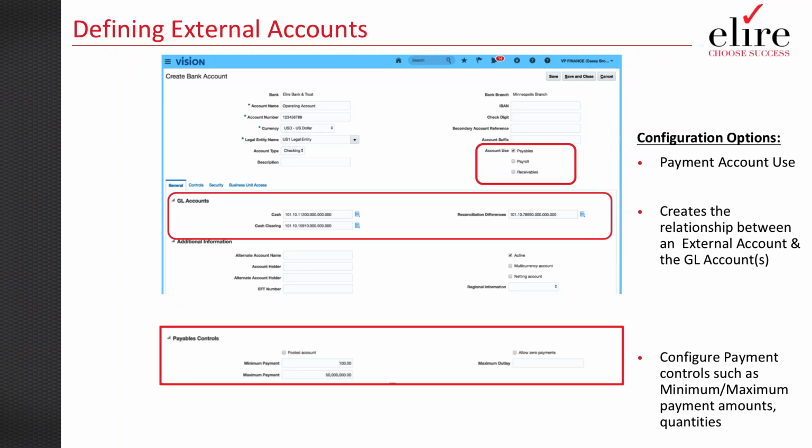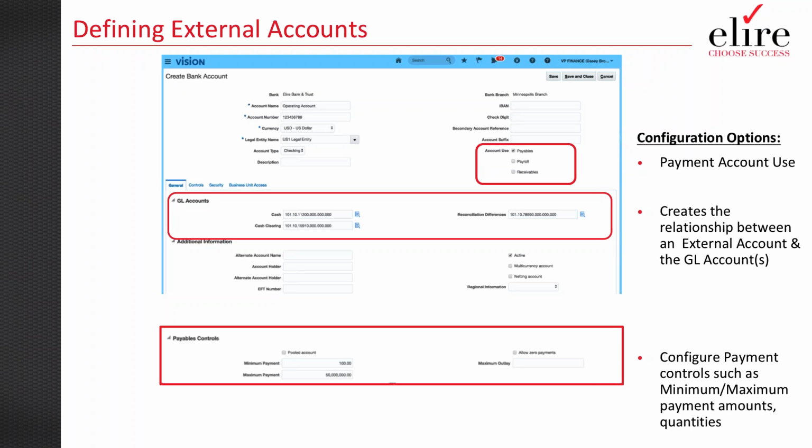So am I going to use this account for payables, or am I going to use it for payroll or receivables? One thing that we've been asked a lot about is that you don't see cash management in this section. Since so much of the cash management functionality is integrated or linked in some way to payables, if you check payables, you've also made that account eligible for anything over on the cash management side, whether it's showing up in lookup prompts on the page, or whether you're trying to consume bank statements or disburse payments, anything like that.